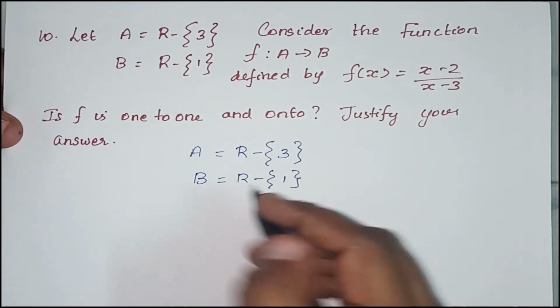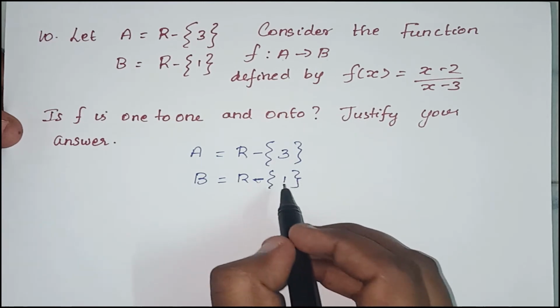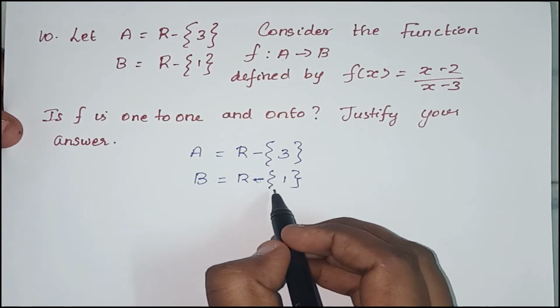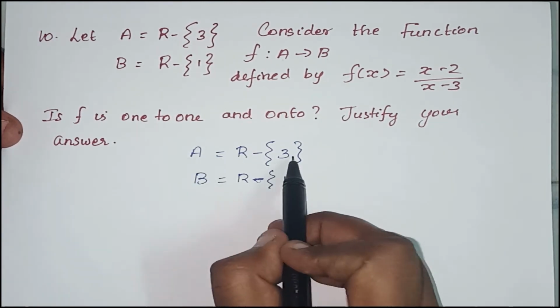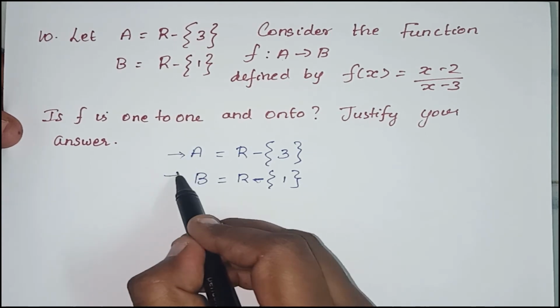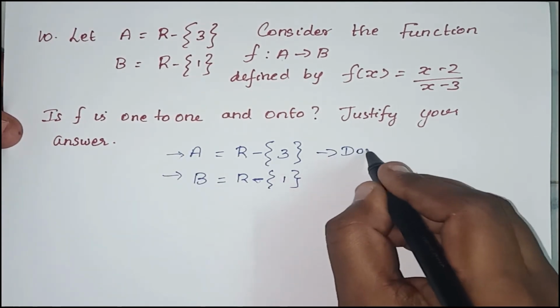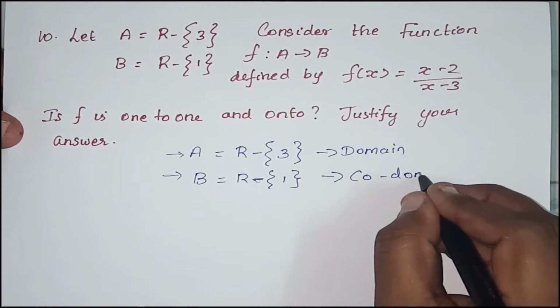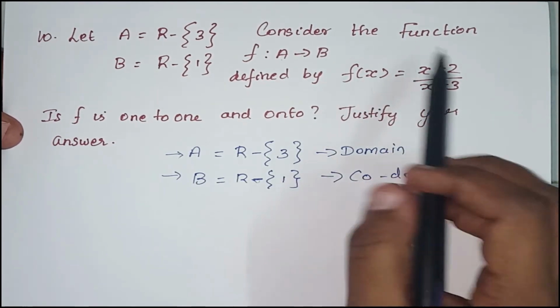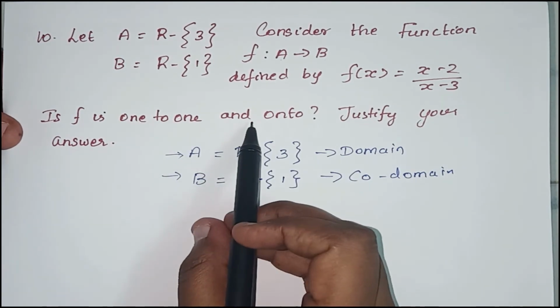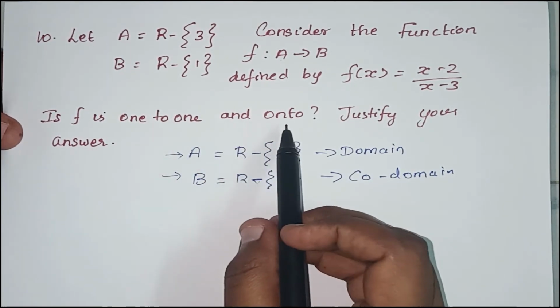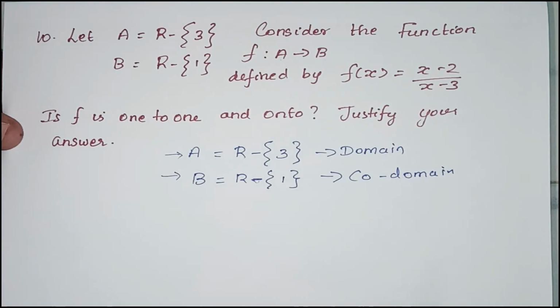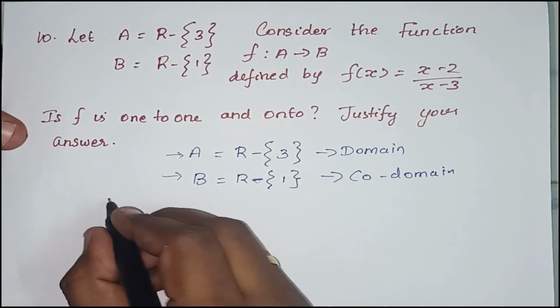So this is the meaning: minus means excluding this value. All real numbers excluding 1, all real numbers excluding 3. This is the domain, and this is the codomain. So we need to check whether the given function is one-to-one or onto, and justify your answer. So for one-to-one,